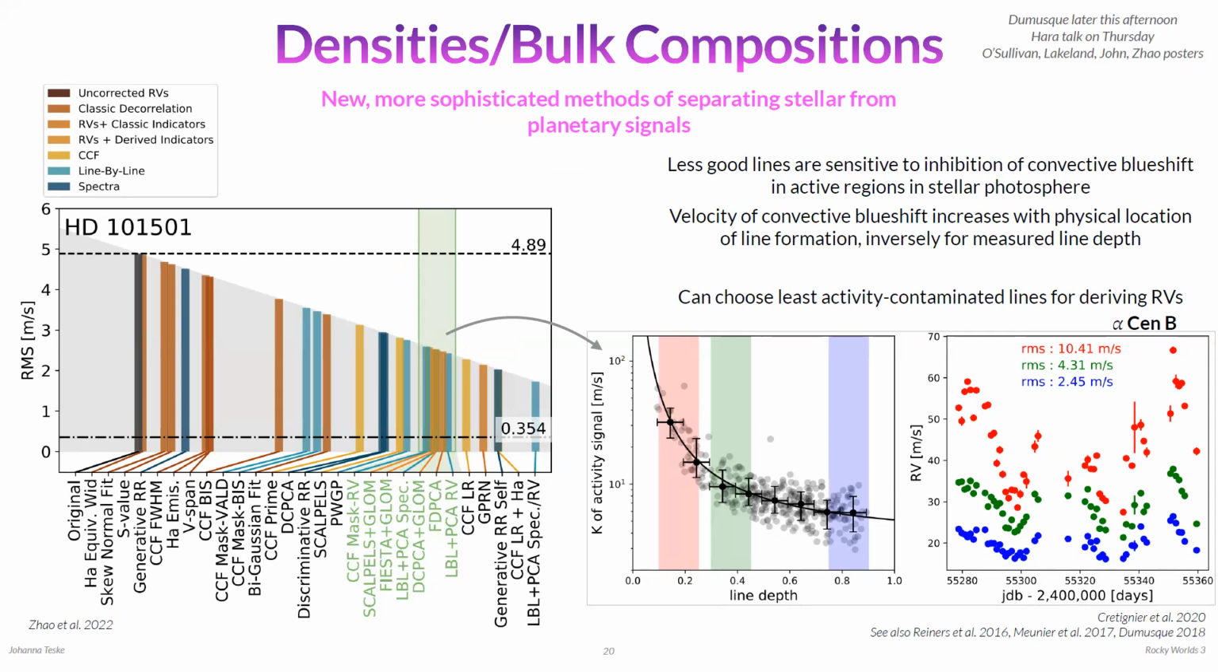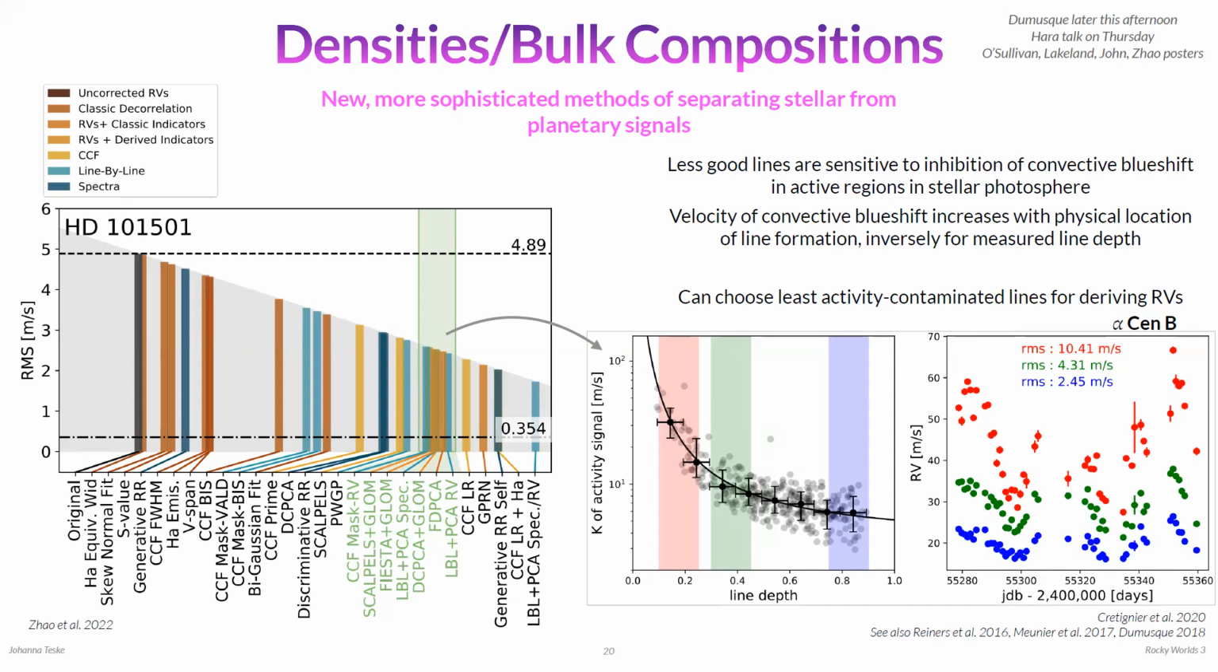This is one example where she shared data for this one star with many different teams, and they used different techniques to try to measure the RVs and mitigate different types of stellar activity. Again, don't have time to go into the details. This is a fascinating paper if you're interested in this topic, but I wanted to highlight one of these techniques,